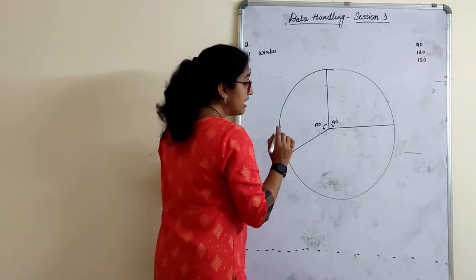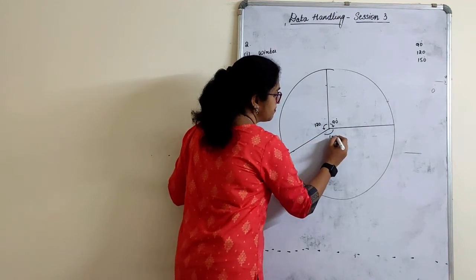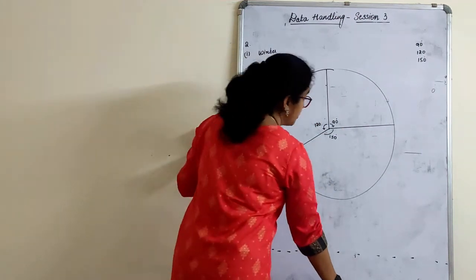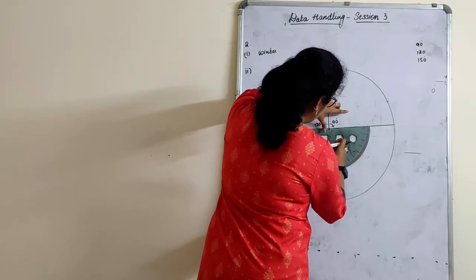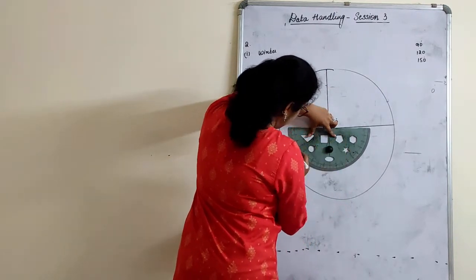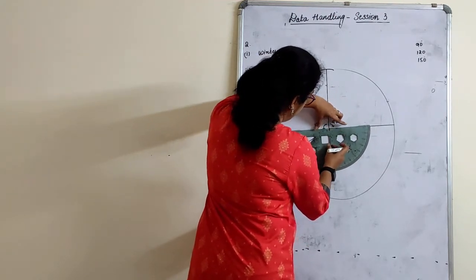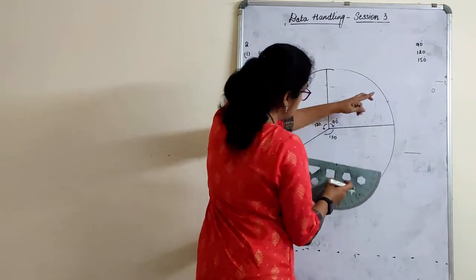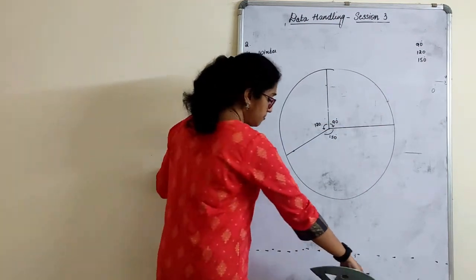Done? Now the last angle you need not measure. It has to be 150. Check with the protractor if you want. What should be your base? This should be your base, and this should be the center point. Exactly, it is marking at 150. Oh, this is missed here. This definitely had to miss because my circle is not with the appropriate radius that I have drawn.